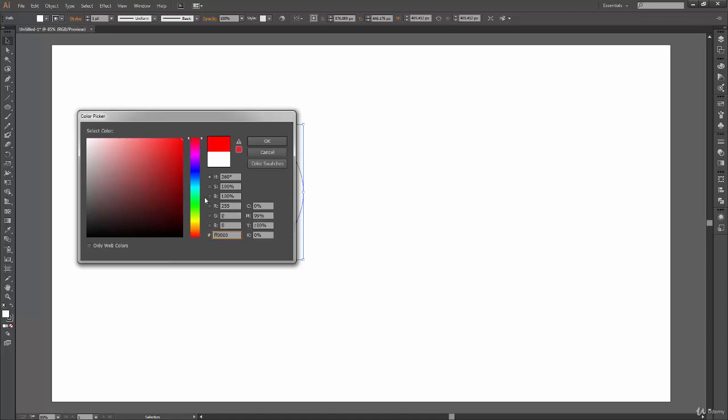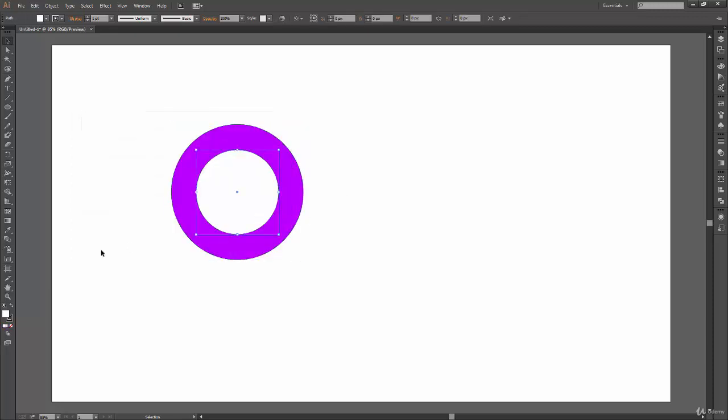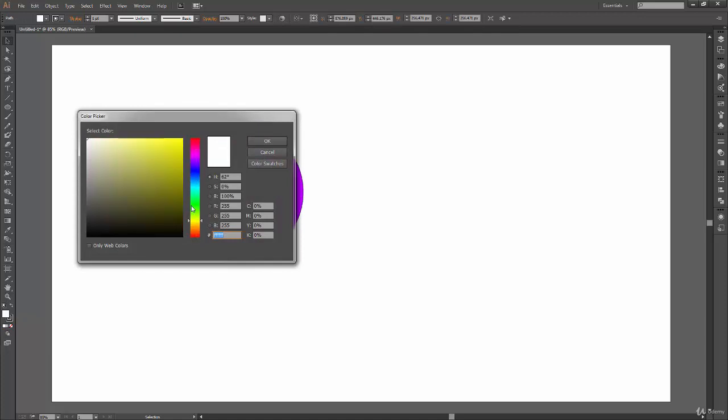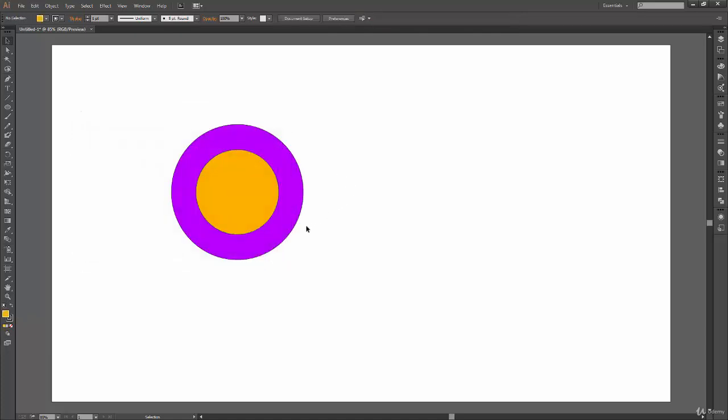So I'm gonna fill purple, I think purple will be fine. Okay, so this looks good. Now the other color I'm going to use is somewhat like orange or yellow. Okay. Now we have black outline on both the circles, and we have a purple fill inside the outer circle or the circle in the back, and we have yellow fill inside our upper circle or circle in the front.